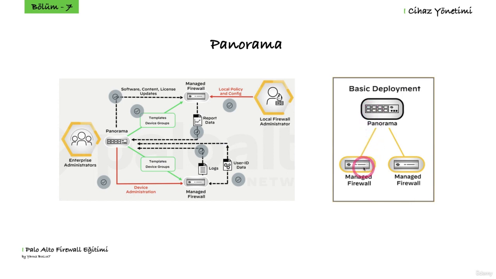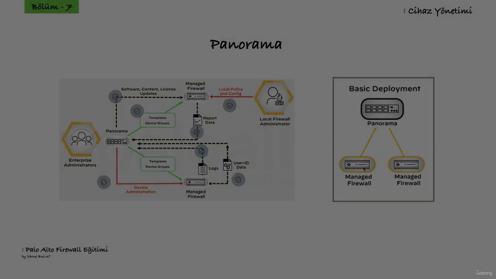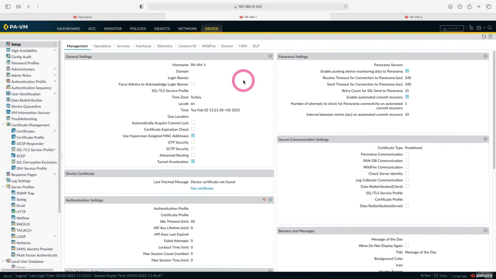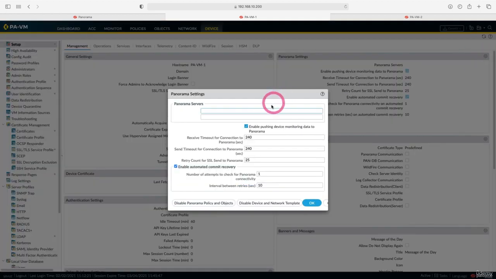Now let's go to our firewalls and add Panorama's IP. Then go to Panorama side and see what we can do by adding our firewalls. Now I came to our firewall in Istanbul. We come to Setup under the Device tab. We click on Management from Setup. Here we write the IP of Panorama server in Panorama setting. Let's set it from here. The IP of our Panorama server is